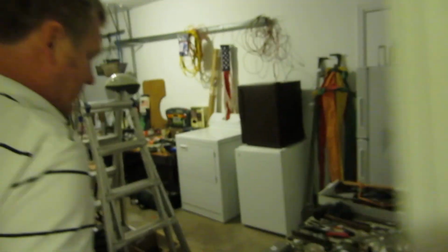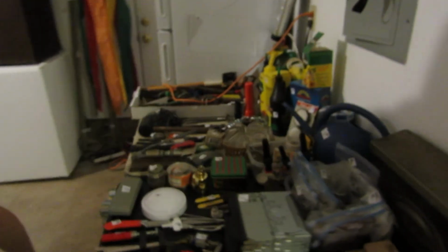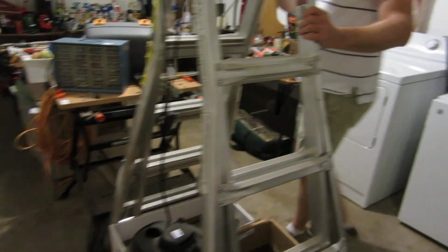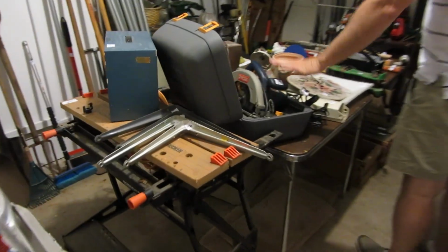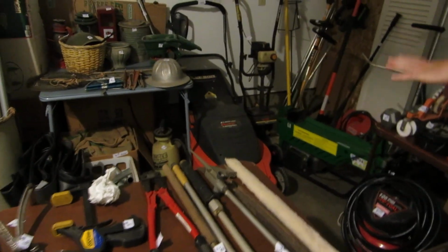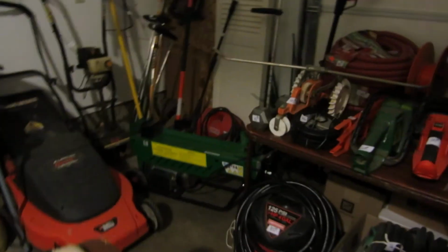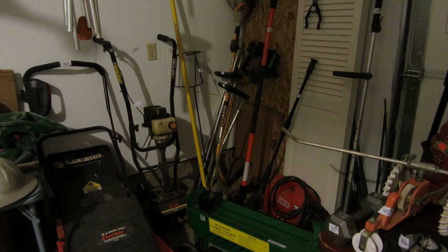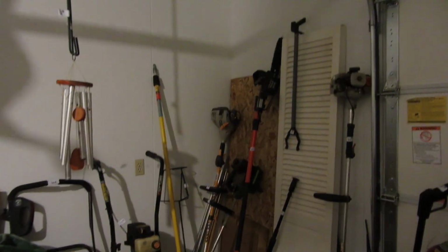It is packed full of tools. And over here, tons of yard tools. This ladder won't be here. She's picking this up before we start the sale. One of the family we're doing the sale for is keeping this separate. We have power tools with a fairly new Ryobi skill saw. Over here, the lawnmower, she's also picking this up, so it won't be here, but we have a Ryobi miniature rototiller. We have 2 or 3 big weed eaters, an electric chainsaw that goes on the pole,